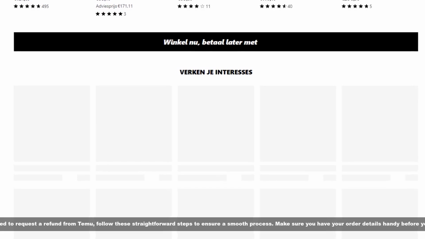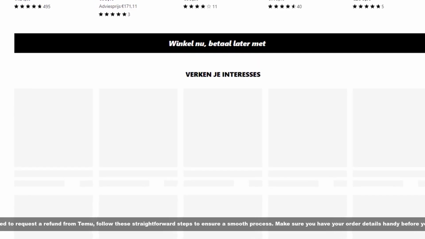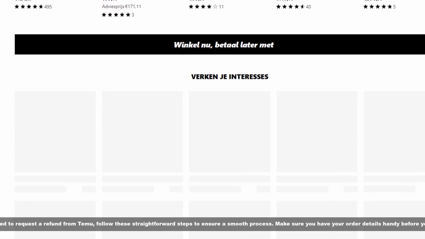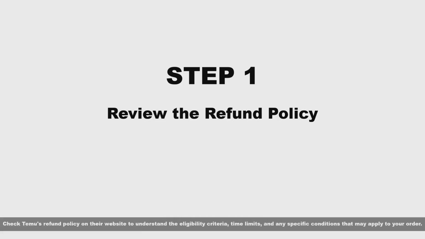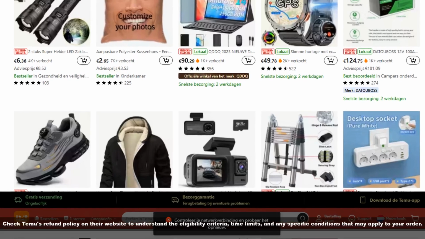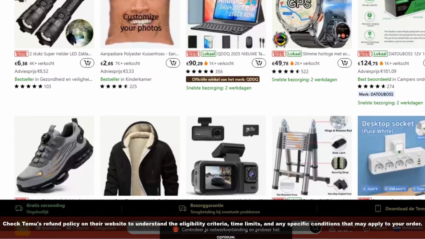If you need to request a refund from Temu, follow these straightforward steps to ensure a smooth process. Make sure you have your order details handy before you begin. Step 1. Review the refund policy. Check Temu's refund policy on their website to understand the eligibility criteria, time limits, and any specific conditions that may